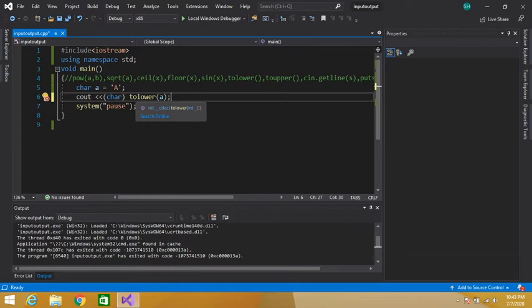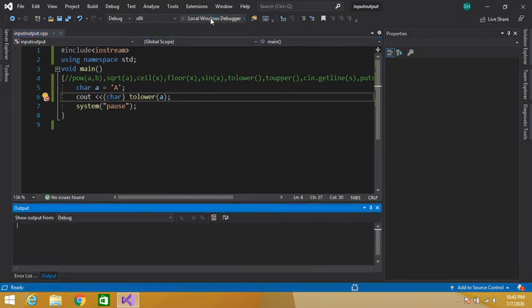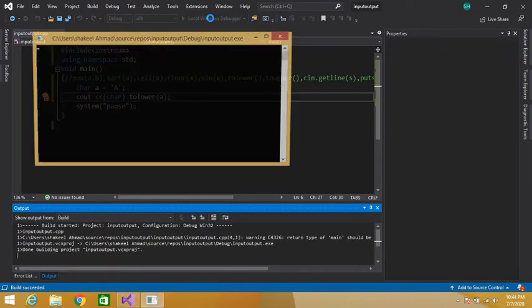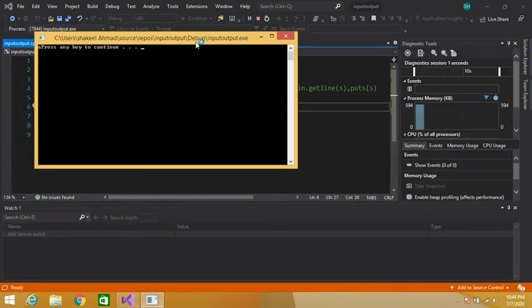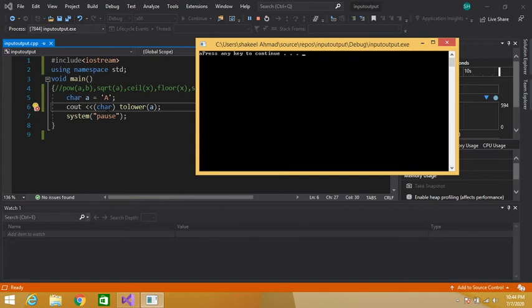So we are converting this ASCII value, this int value, to a character. So now it has shown us lowercase a because we have typecast this value 97.